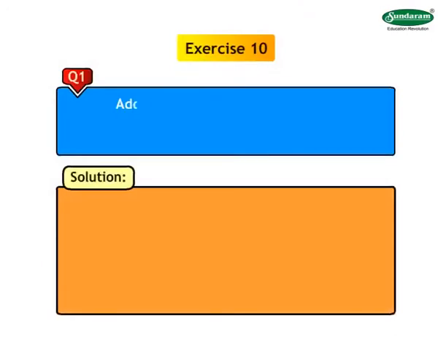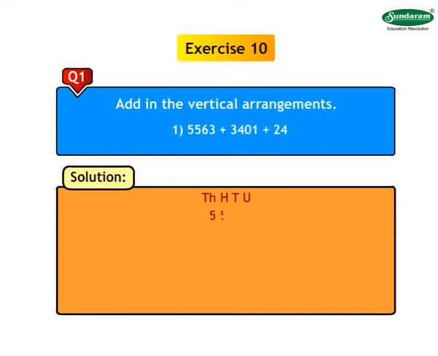Question 1. Add in the vertical arrangement. 1. 5563 plus 3401 plus 24. Solution. Write the first number 5563. Below this number 5563, write plus sign on left and the number 3401 starting with units place, taking care that the proper place value digit is written in the appropriate place value digits of first number